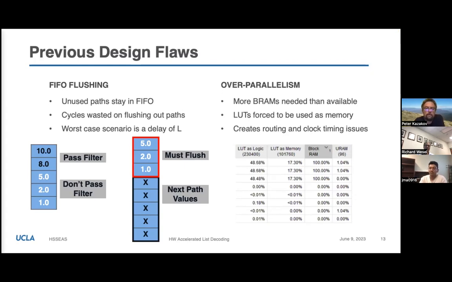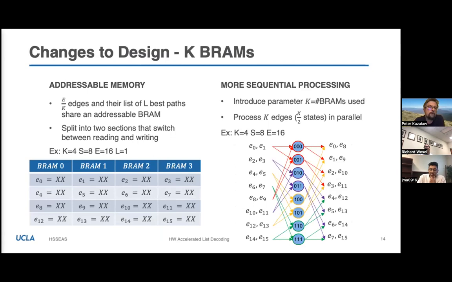So then it tries to do some other things to make up for it. And it just creates a lot of issues that make the computation actually slower than expected. So in order to address this, the changes to the design were,